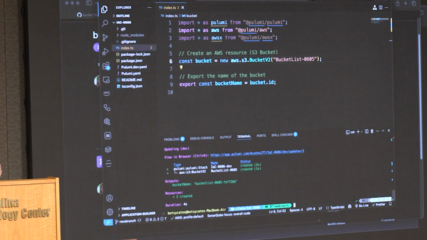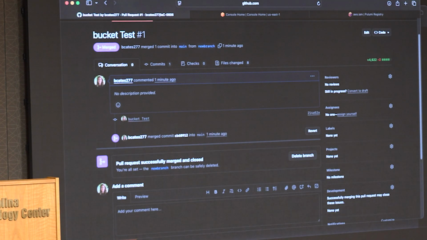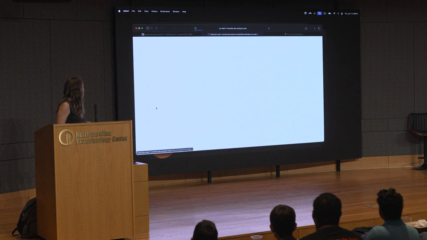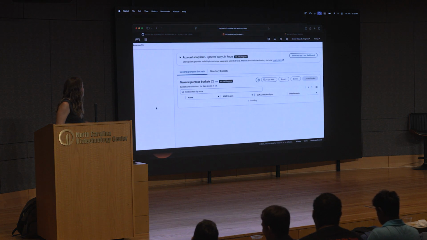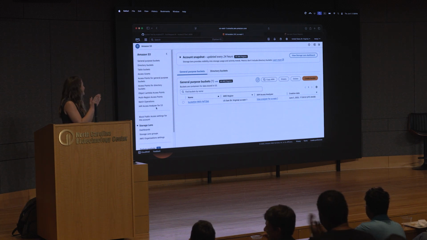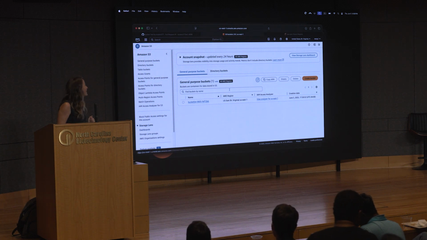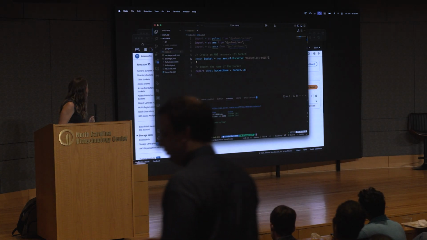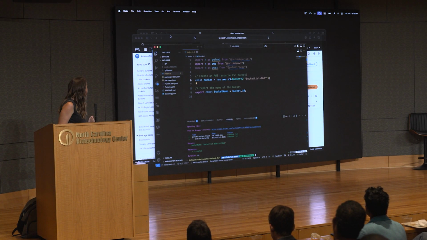All right. And just like that, we have a brand new bucket. You can see that the name is down here. So if we ever need to reference that later on, it's here. And let me go back here. I'm going to prove it. If we go over here, there's our new bucket. Woo! Yay! So exciting. All right, let's go back to, I'm going to put this away for a minute.